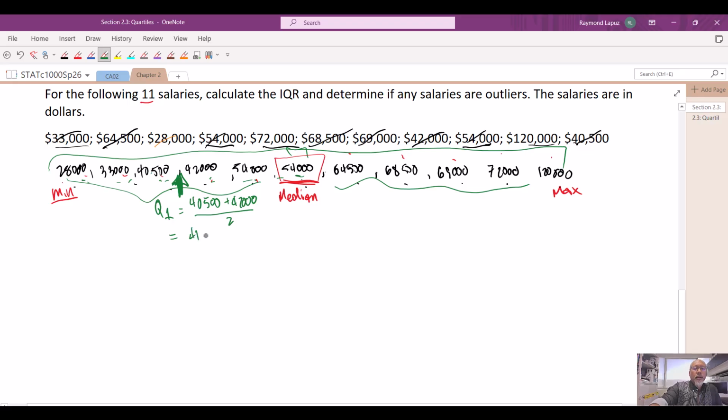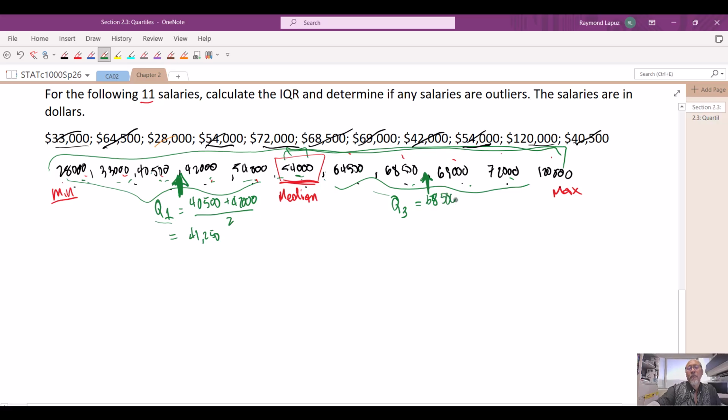So 41,250 will be your median, or I'm sorry, it would be your Q1, which is the middle of these numbers. And now again, including the median for the upper half, there should be 6 numbers here as well. And so the middle number here, the median of the top half, is the quartile 3, the third quartile. And these are 2 different numbers, so it's